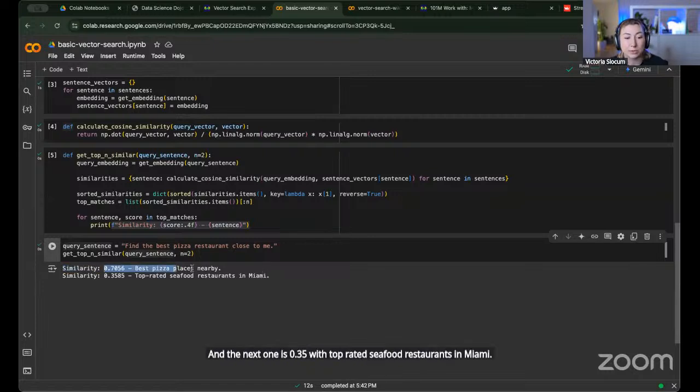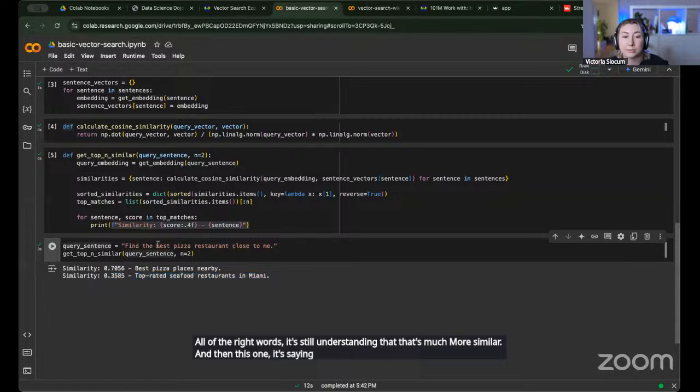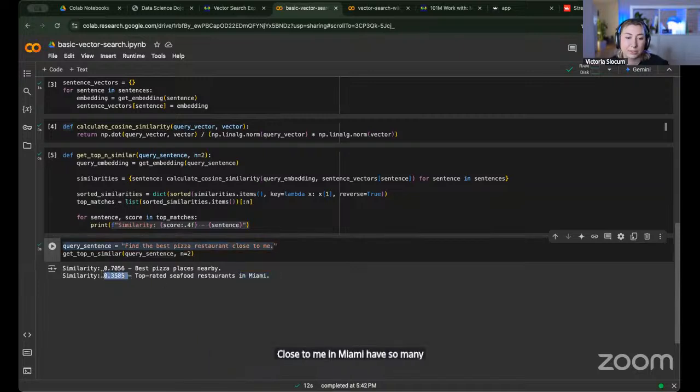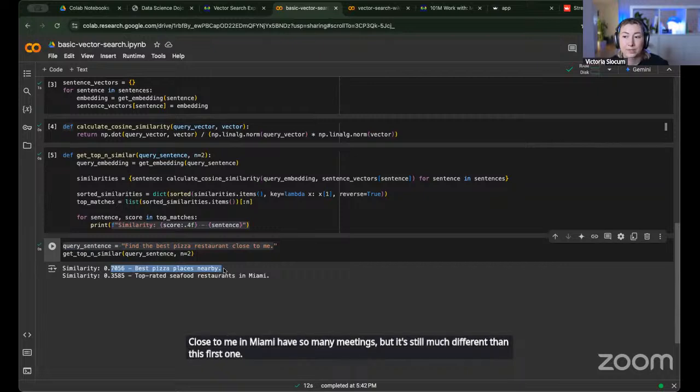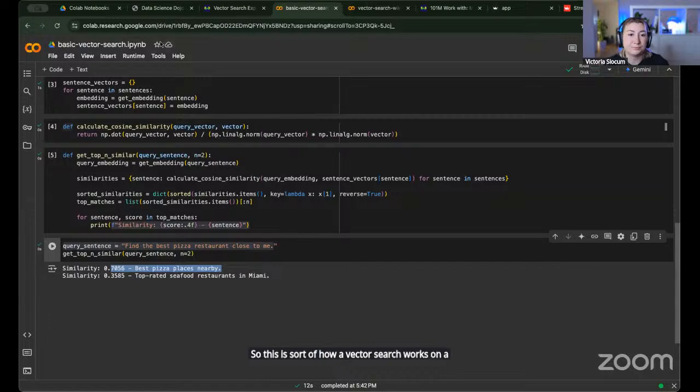So you see this one is much more similar than the second one. Even though we're not getting the exact same words in our query as our document, it's still understanding that that's much more similar. And then this one, it's saying, oh, it's kind of similar. I mean, top rated, best, food, restaurants, close to me in Miami have similar meanings, but it's still much different than this first one. So this is sort of how a vector search works on a very simple level,